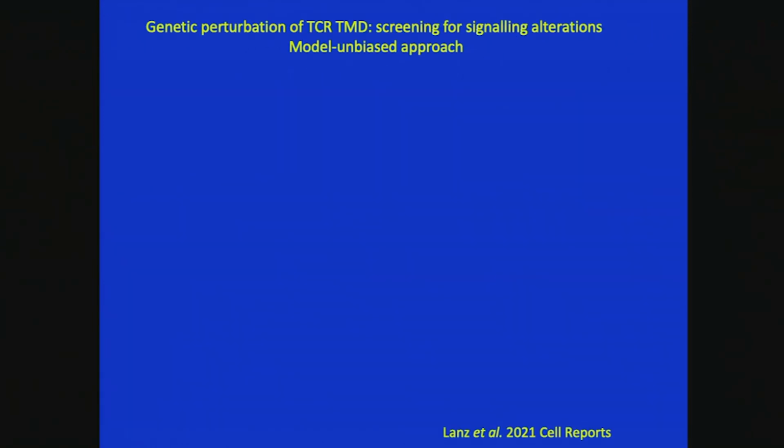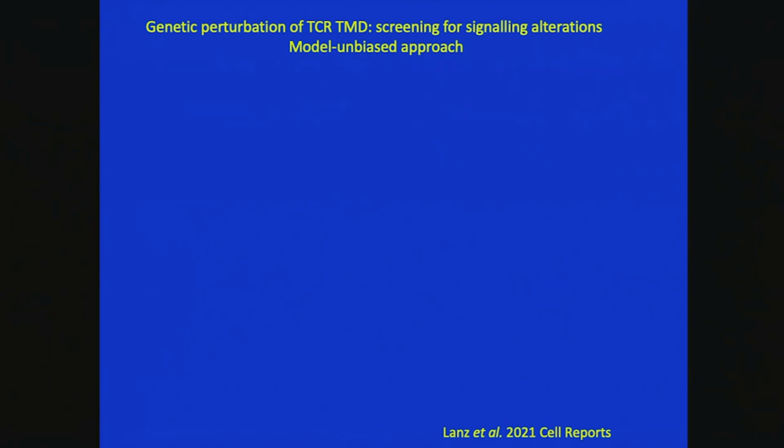Okay, so the idea that I had at that time, about 8 years ago, was to say, okay, can we do a genetic screen by adding mutations in certain areas of the receptor which may be involved in this mechanism? If you look at the structure, the quaternary structure was not known at that time. So it's sort of imagination of a poor biologist. They say, okay, if I had nothing, I do genetics. I start to perturb and then see what happens.